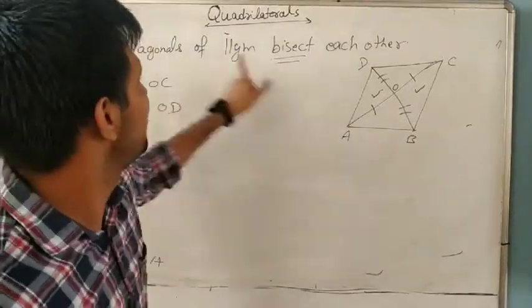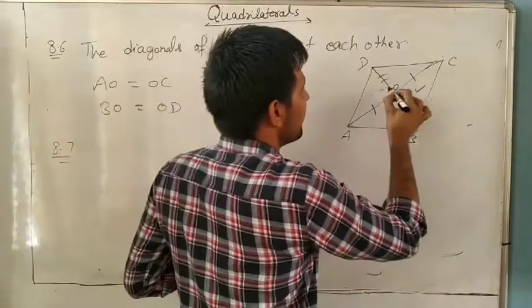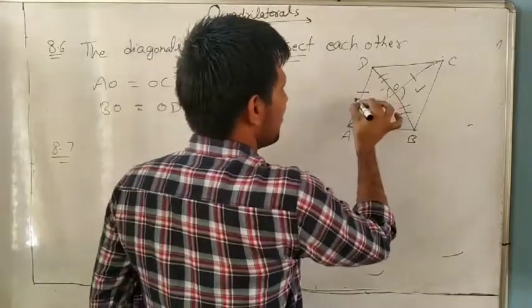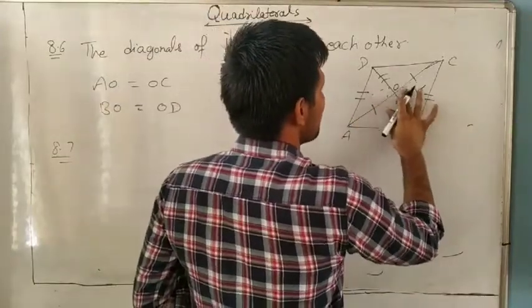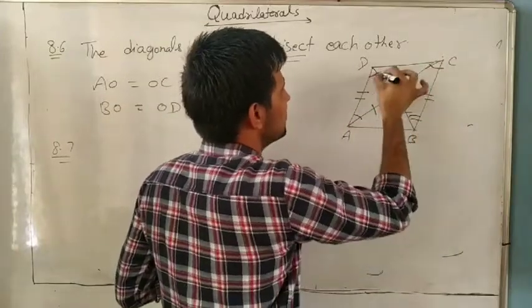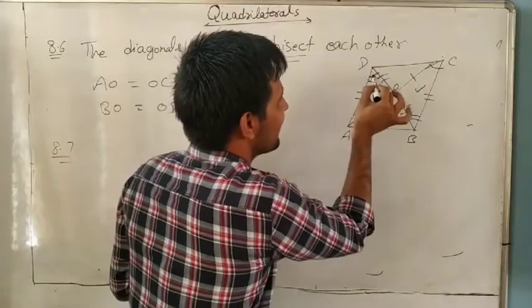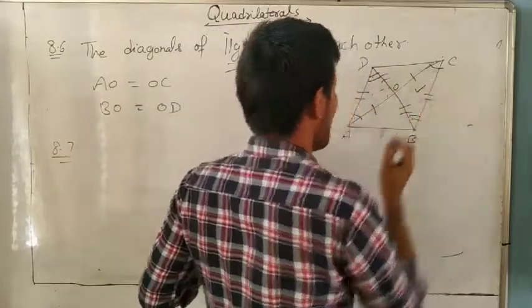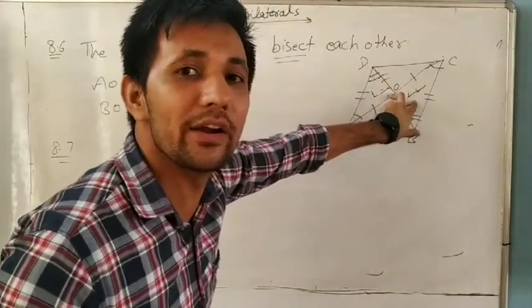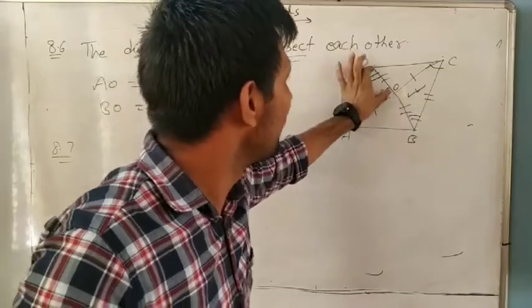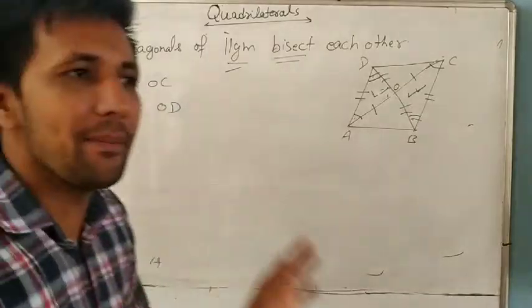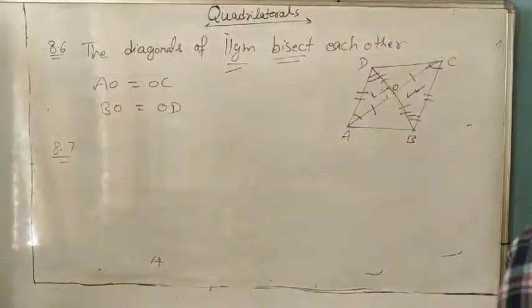We know ABCD is a parallelogram. It means this angle equals this one, everyone knows, and AD equals BC. And this angle equals this one. It means angle side angle, so this triangle and this triangle are congruent. If these two triangles are congruent, corresponding parts are equal. It means OD equals OB and OA equals OC. Only that you can remember: if ABCD is a parallelogram, then the diagonals always bisect.